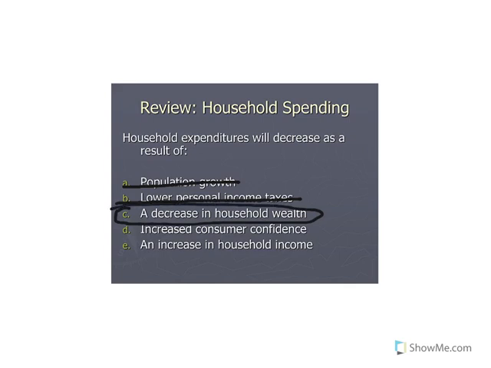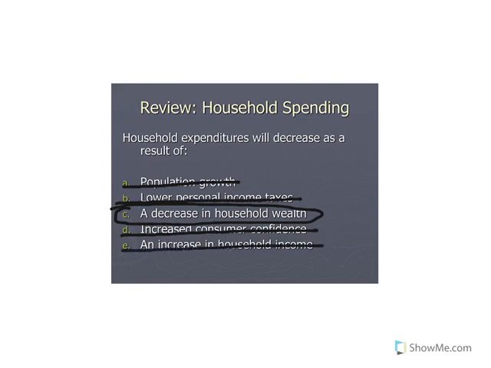D says an increase in consumer confidence. Again, that would influence our expectations and cause us to spend more, so that cannot be correct. And then E, an increase in household income. And of course, if our household income is increasing, then our household expenditures are going to increase, so that would